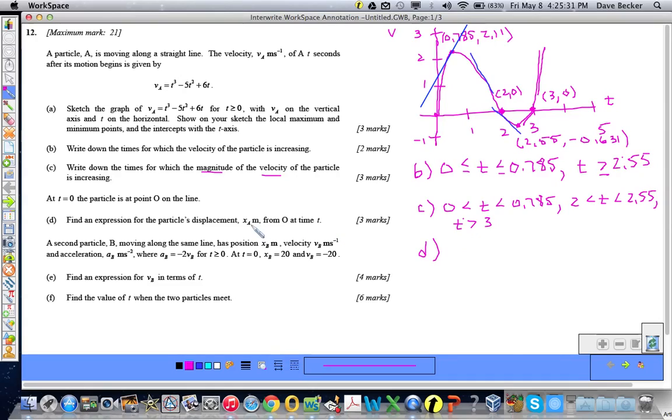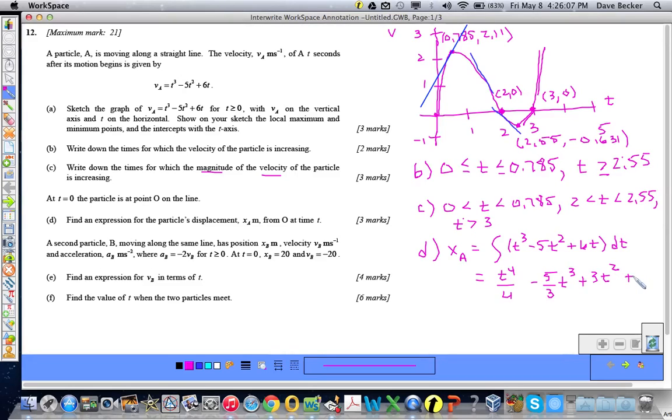So x sub a is going to equal the integral of the velocity, which is t cubed minus 5t squared plus 6t dt. Okay, and that's going to equal, very simple, t to the 4th over 4 minus 5/3 t cubed plus 6t squared over 2, so that's plus 3t squared